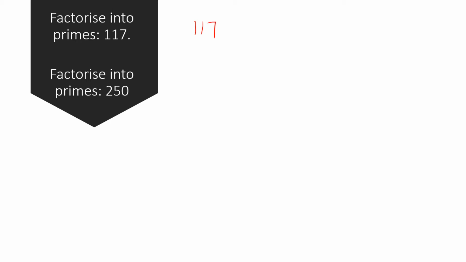117. Now, see how maths is connected. The test of divisibility you studied, you are using that over here. 1 plus 1 is 2, plus 7 is equal to 9. That means this 7, as it is an odd number, it cannot be divided with 2. So we can divide with 3, sure, because the total is 9.